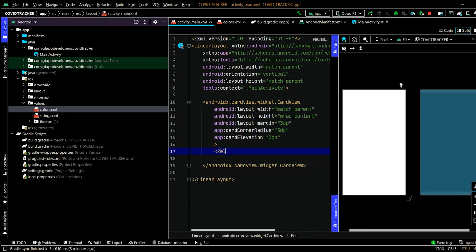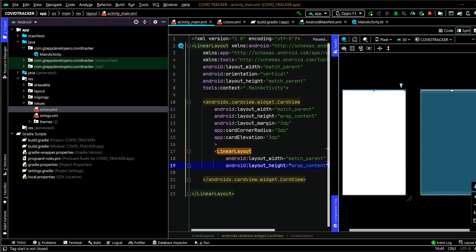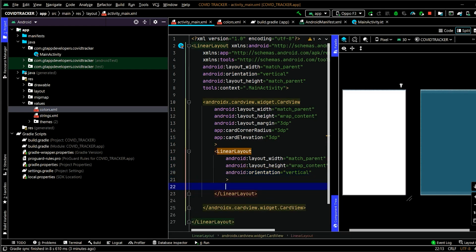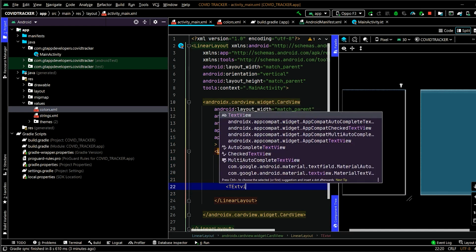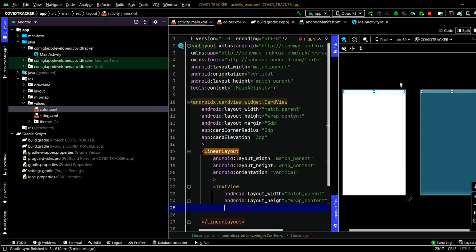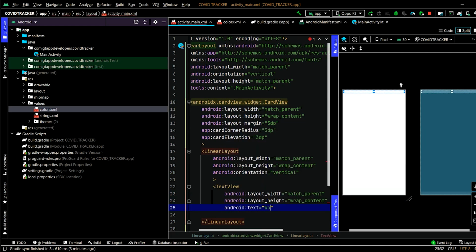Instead of relative layout, we will be creating a linear layout. Specify width as match parent, height as wrap content, and orientation as vertical. Inside this linear layout, we will create a text view. Specify width as match parent, height as wrap content, text as worldwide record,